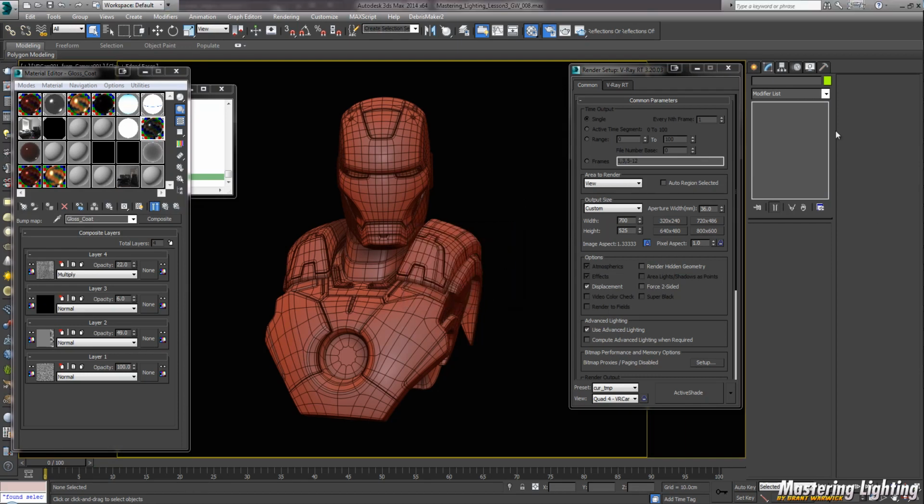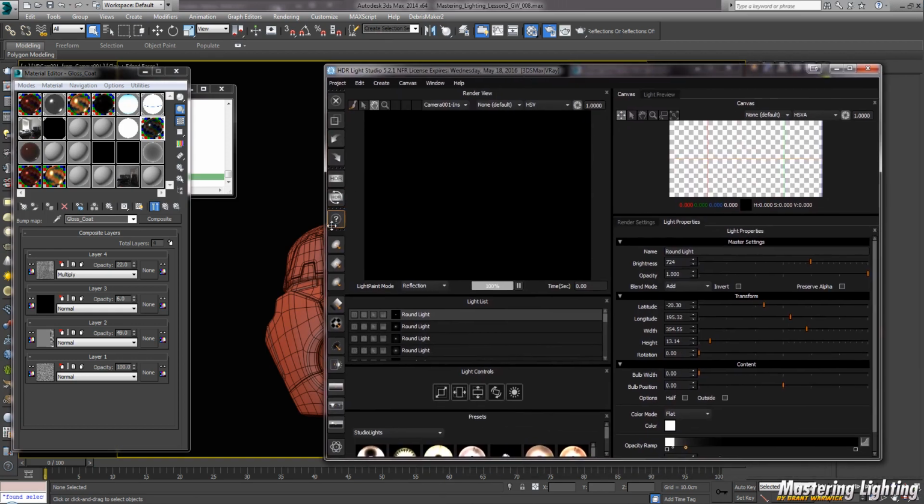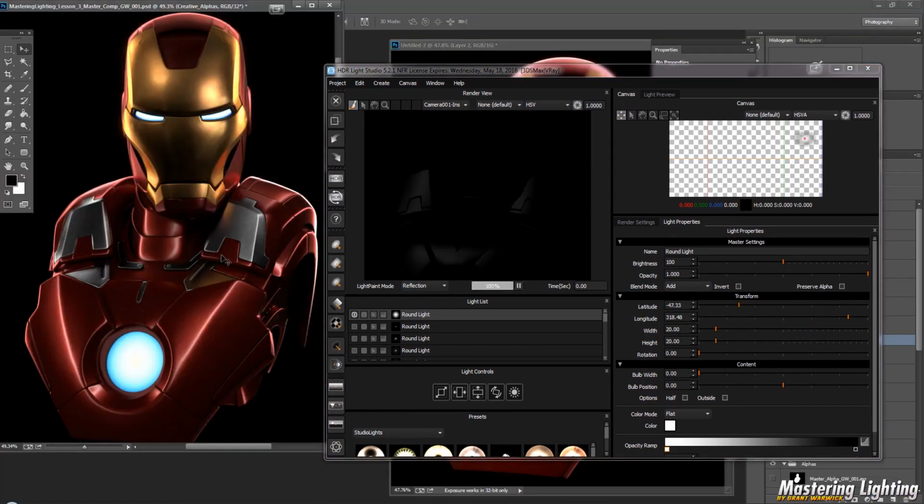So inside of HDR Light Studio, I'm just going to swap to the production renderer here because I don't need to rely on V-Ray RT for this. I'm going to go in and create a new light. And say for example, Milton wants me to create a highlight for the top of these shoulder packs to separate them from the chest area. I'll go in and just make a bright light